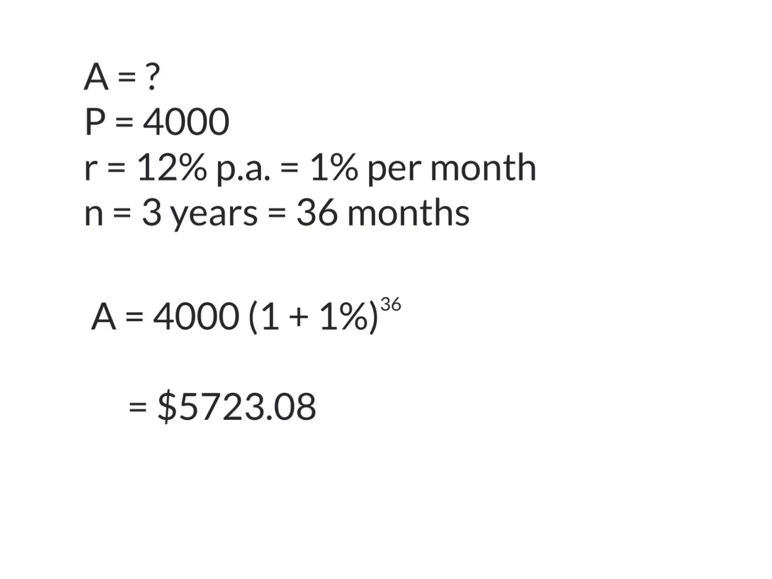So putting those numbers into the formula, it's 4,000 times 1 plus 1%, because that's the per month, to the power of 36, because that's per month, and therefore you get